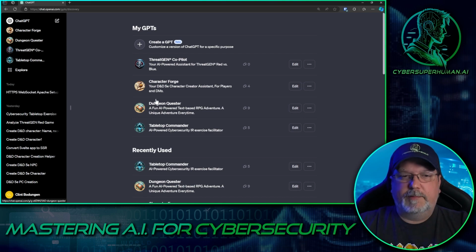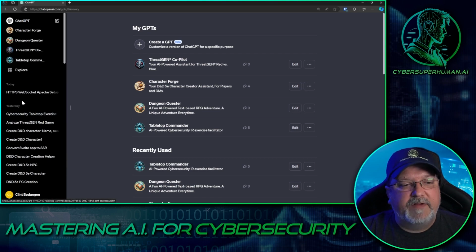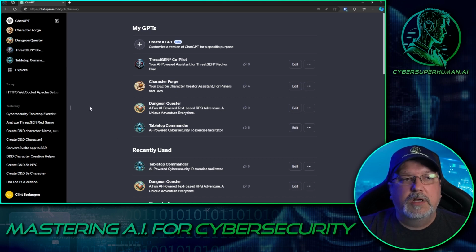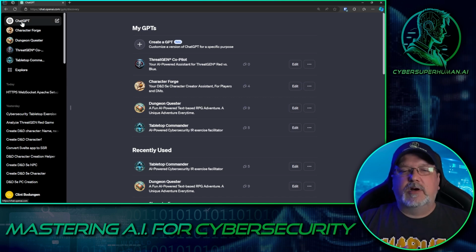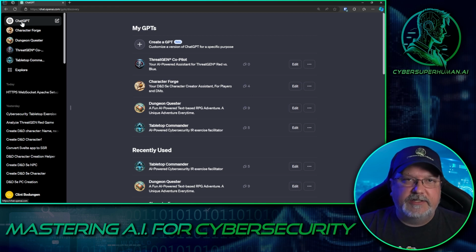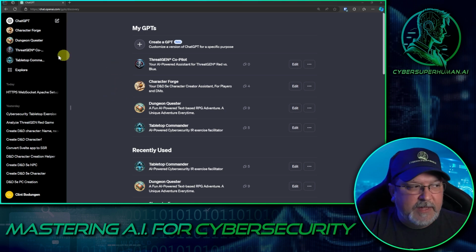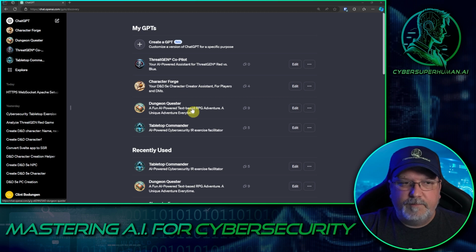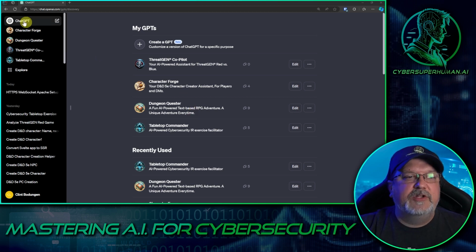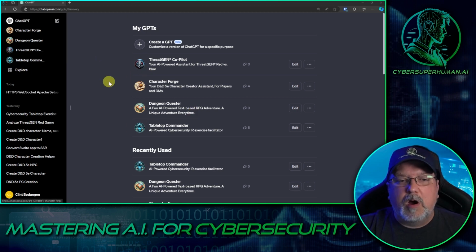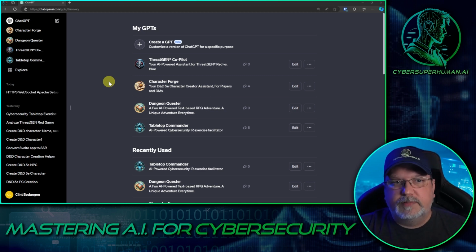I've been experimenting with a bunch of different things. And if you're not familiar with this, first of all, you have to have a GPT Plus account for all of the GPTs. And what GPTs are, this is OpenAI's new custom GPTs. It's basically a little mini GPT. It's a specialized GPT. All right, so you have ChatGPT, and then GPTs are like these custom special purpose GPTs that you can create yourself